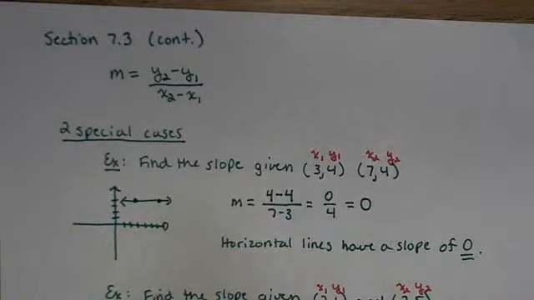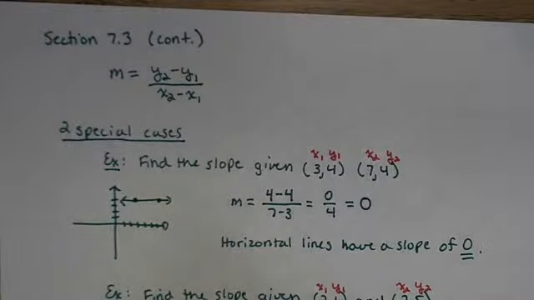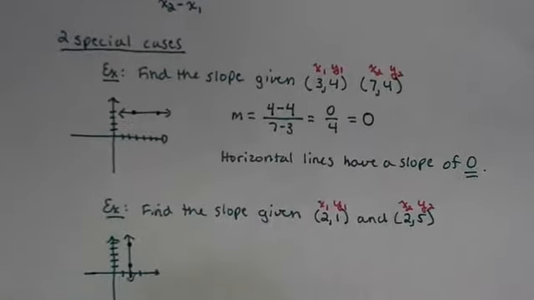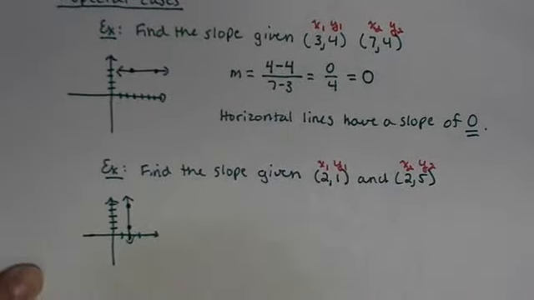And if we looked at the graph of this particular one, 1, 2, 3, 1, 2, 3, 4, 5. Again, 2, 1 would be right about there, and 2, 5 would be way up here. And you'll notice that those 2 points actually lie on a, whoops, you can't see the graph, sorry about that,